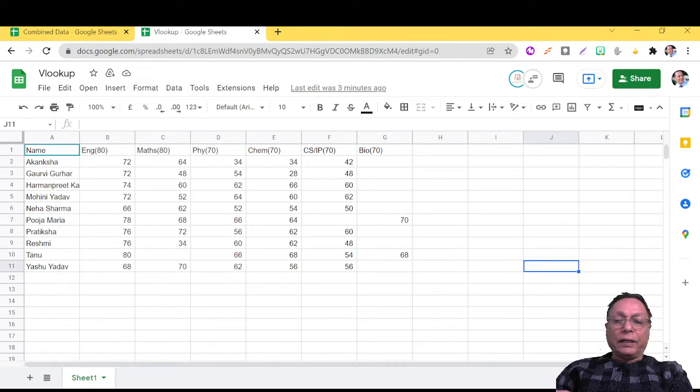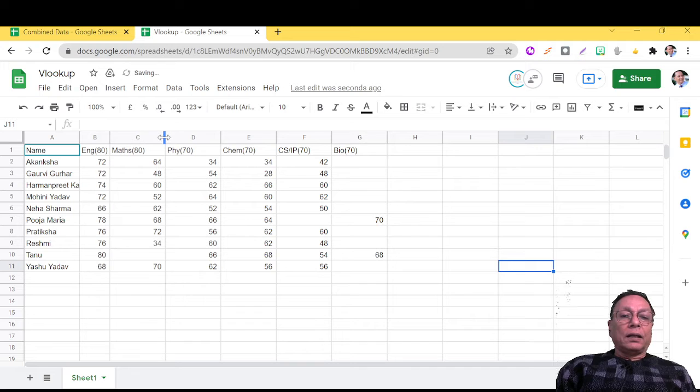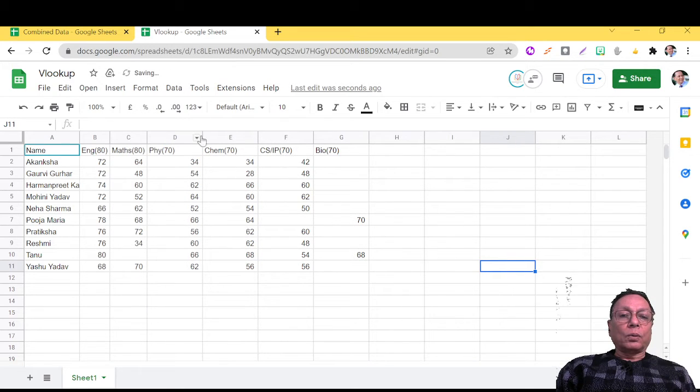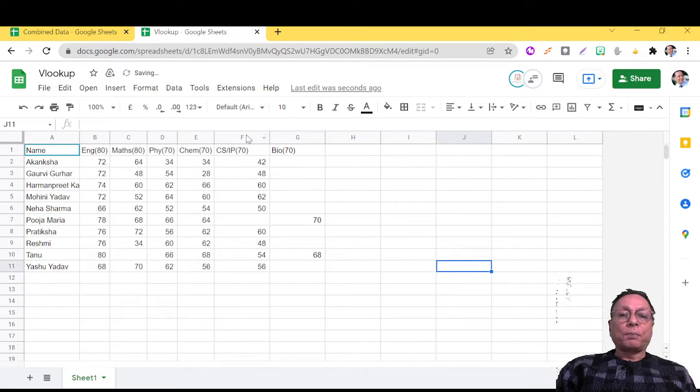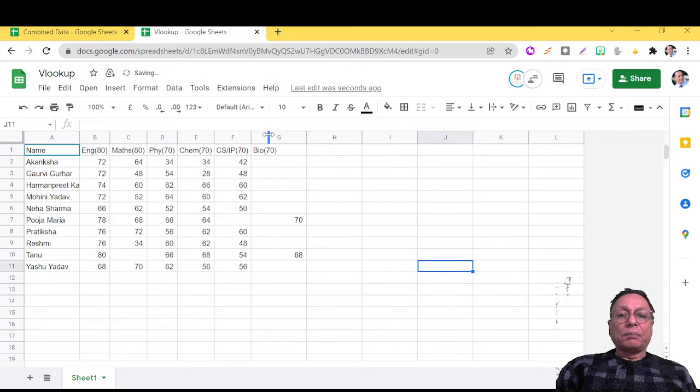Today I am here again with a new function in Google Sheet, that is VLOOKUP. VLOOKUP means we are going to look up vertically. So the task is, while selecting a student name from the drop down list, we should be displaying the marks of that particular student